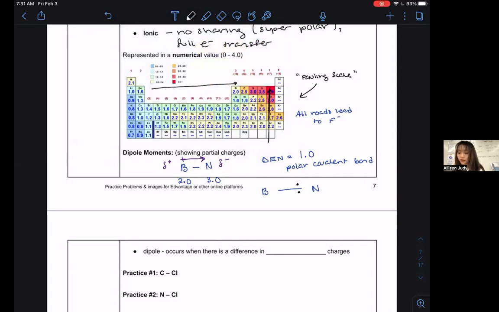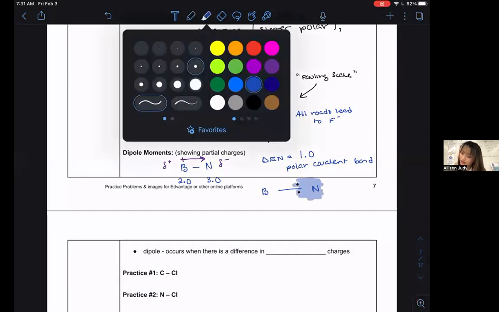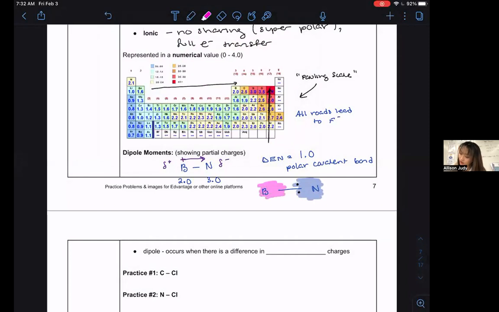Now, please don't ever draw an actual bond like this. I'm just trying to give you an illustration. It's like my negative electrons are held more closely by my nitrogen. So it's almost like I'm creating a region of negativity, and I have a region of slight positivity. So what we say then is I don't have a full charge,